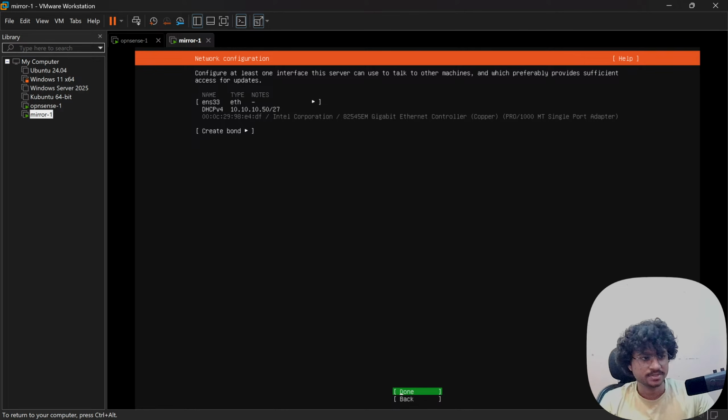I've used slash 27, which basically means I have borrowed 3 bits from the class C network, and 2 to the power 3 is 8, so I can make 8 different subnets. Right now I have 3 subnets, so I can easily make a fourth subnet and call it internal, and that internal network will have my internal infrastructure. But for now I have to make this work.